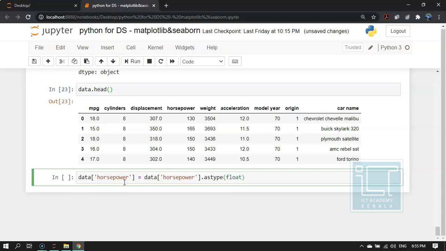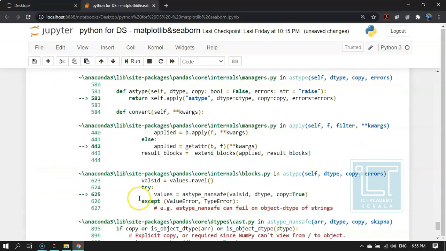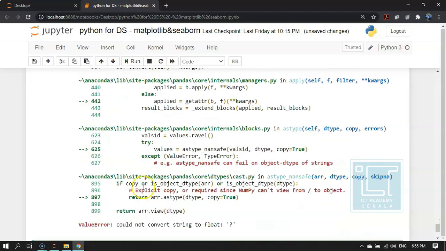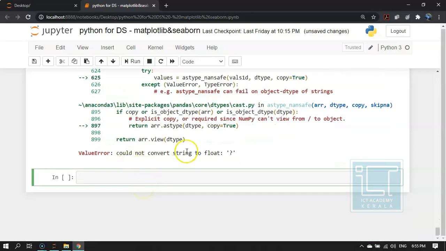So I'm specifying it as float, but it is giving me an error. So what is the error? Could not convert string to float. So it says that there is some question mark in the column horsepower.